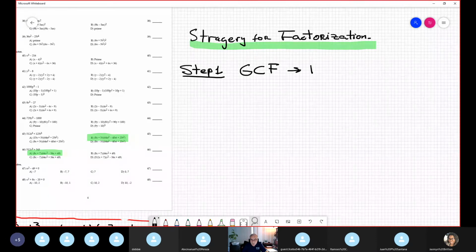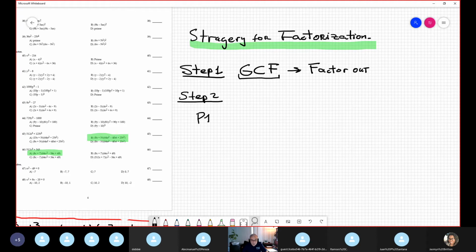So what are the actions you should do? Factor out. Factor out what? Factor out the GCF. Put it out. Then now, the new expression that we have inside the parentheses is relatively easy compared to the original. And you manipulate it using another technique. Okay, and step two is we have three possibilities, no? Possibility number one is